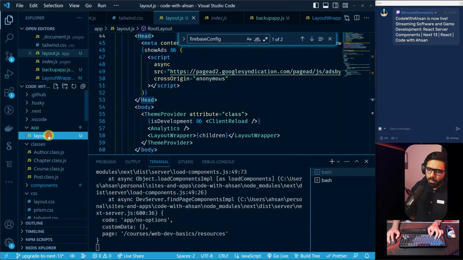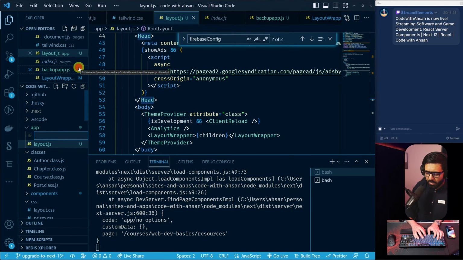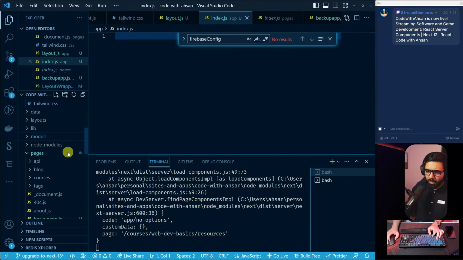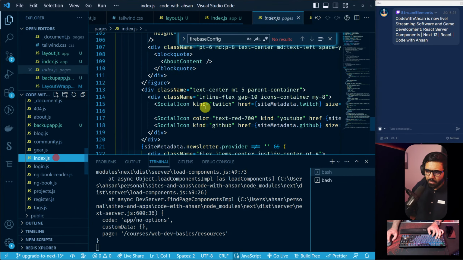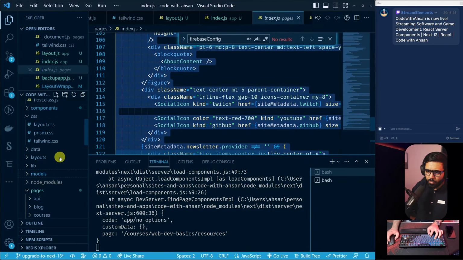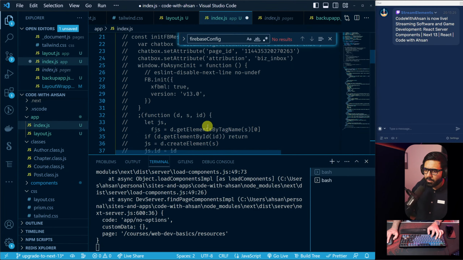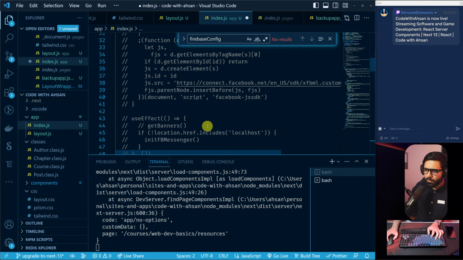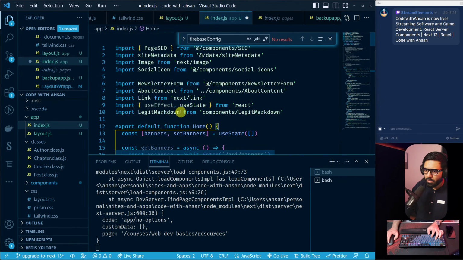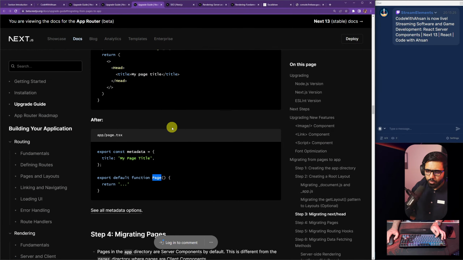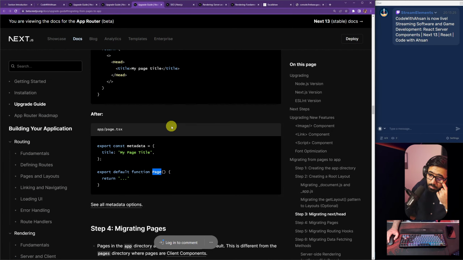So now I'm going to go ahead and say something like index.js, and then we would have to move all the things from the index.js to this one. But then we have a bunch of things to take care of. So I'm going to actually keep everything as it is. But then what would change is